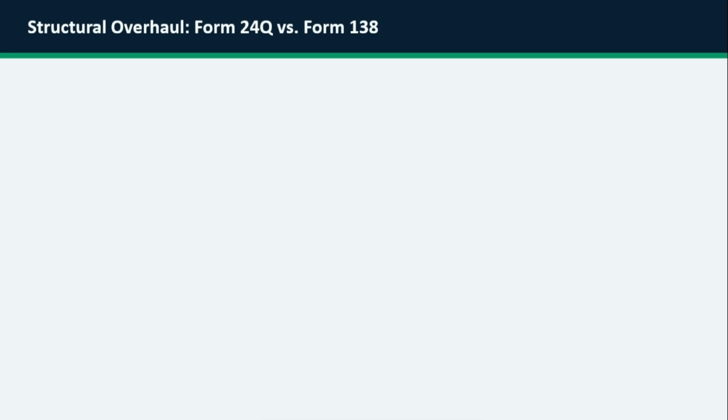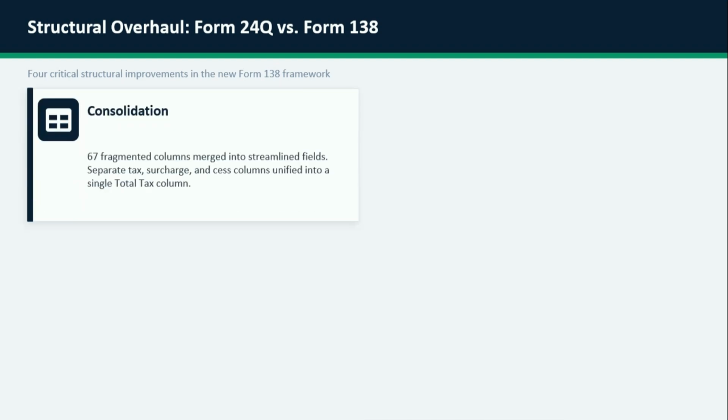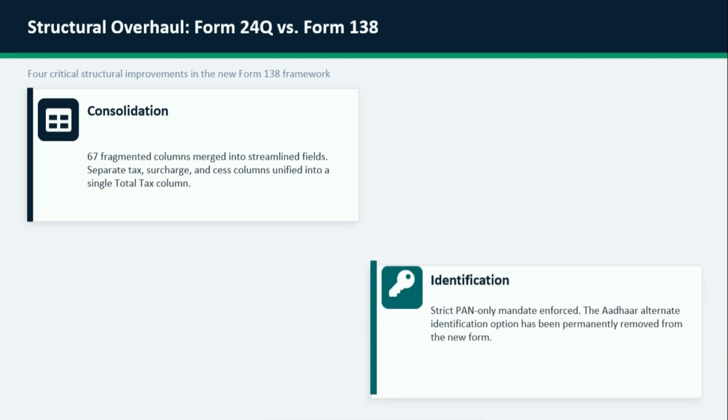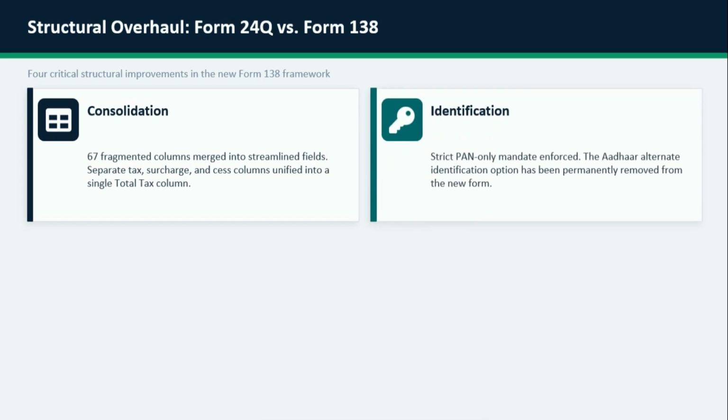Let's now look at the structural transformation from the legacy Form 24Q to the proposed Form 138. The shift is not just a name change, it represents a complete modernization of the Salary TDS reporting framework. Under the new structure, multiple fragmented fields are consolidated into a more streamlined format, reducing complexity and improving reporting efficiency. The identification framework also becomes stricter, with PAN emerging as the primary and mandatory identifier, while alternate Aadhaar-based options are